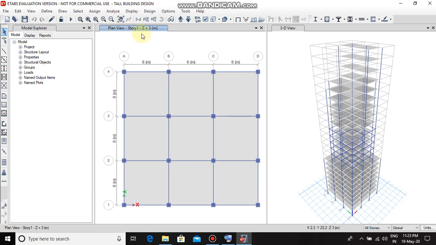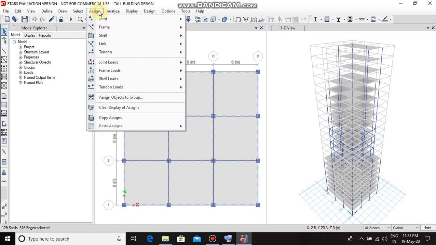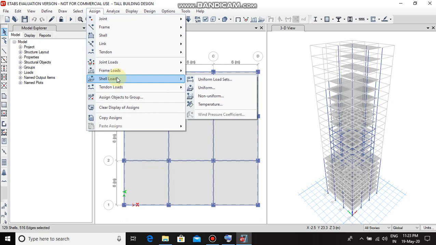As it is already in the story 1, select all the shells. We have to recheck whether all the shells are selected, then assign, then shell load, then uniform,